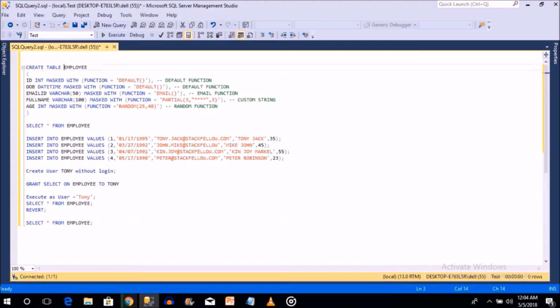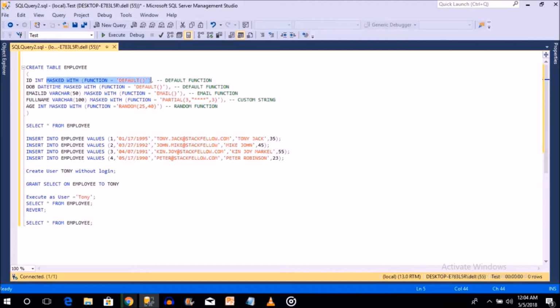In the first script, I'm creating a table with the name employee, and I'm taking a column ID whose data type is integer, and I'm masking that column with the default function. So this is the syntax: if you are applying a masking function over the columns, it is MASKED WITH, then FUNCTION equals, then the name of the function.